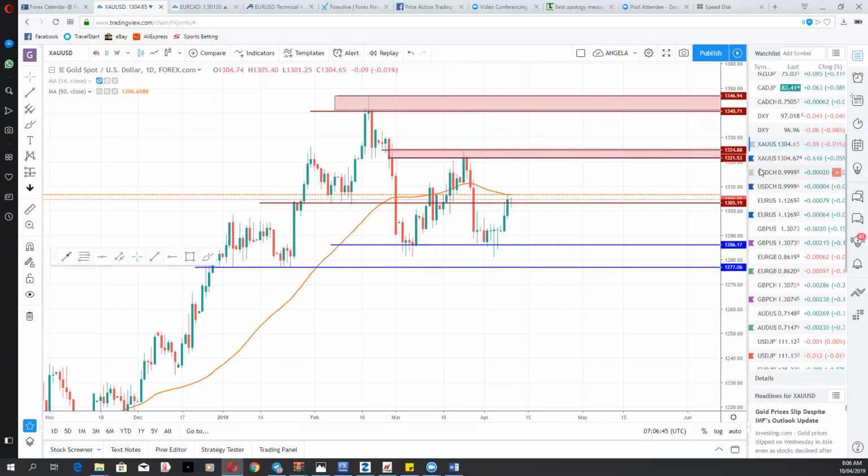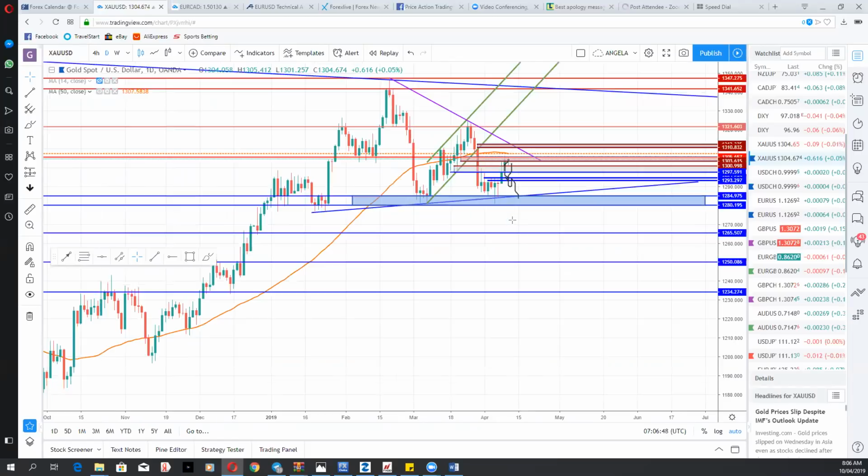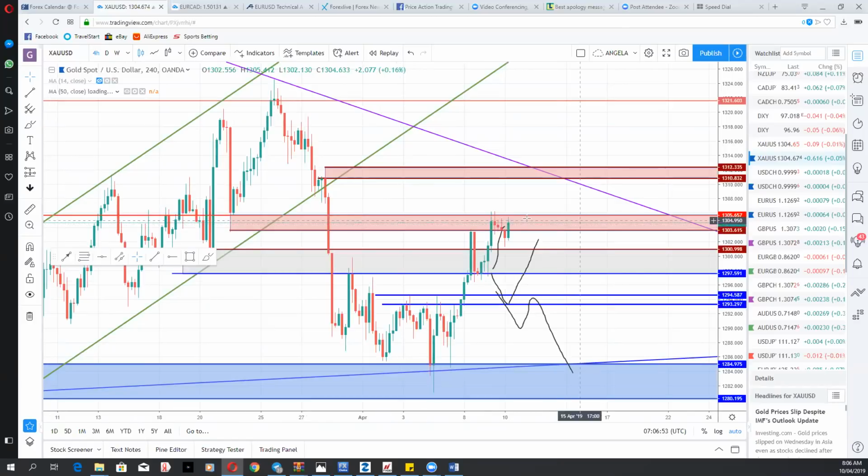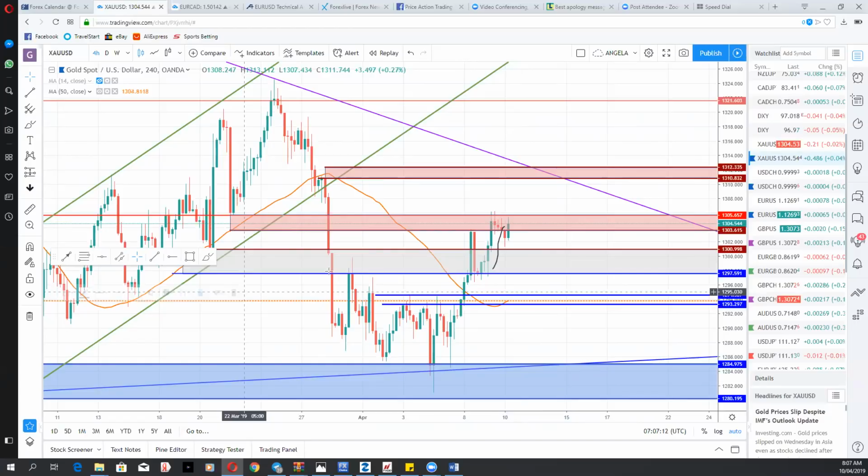But let me go down to my intraday chart. As you can see, even gold now is at the resistance area. Like I said yesterday, if gold did not go below 1297, it has no other option but to go up, and 1297 was respected by the market as support. So now gold is currently tagging a top resistance area, and that comes in at 1305.66 to 1303.61. So this is the game plan now on this pair.